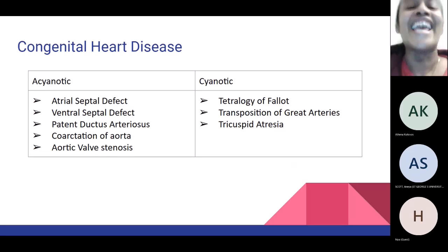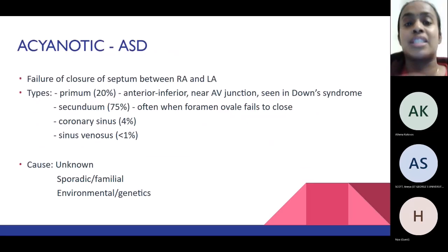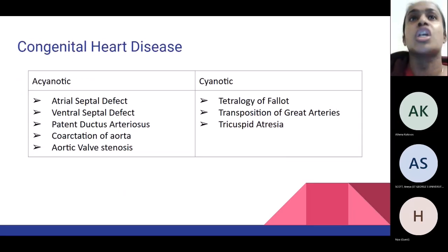Okay, that's fine. So the main difference is that we don't have the pulmonary exchange. The lungs are filled with fluid, so as a result we don't see the normal gas exchange in the lungs. Instead, the placenta takes over the role. And we have the foramen ovale, patent ductus